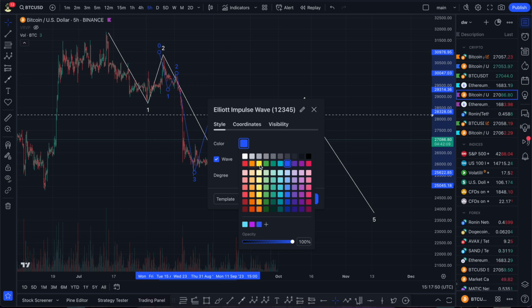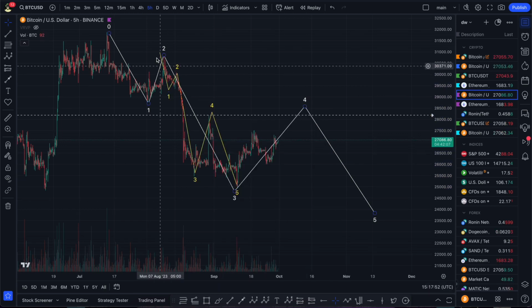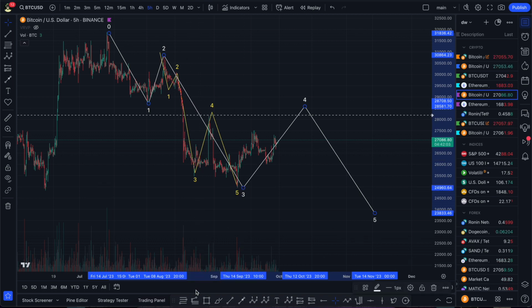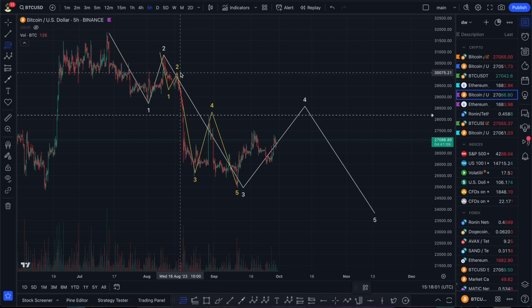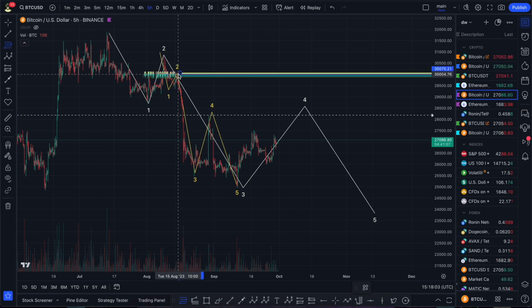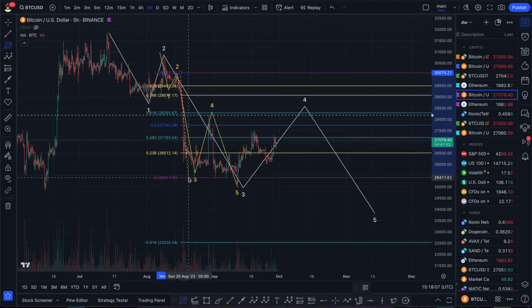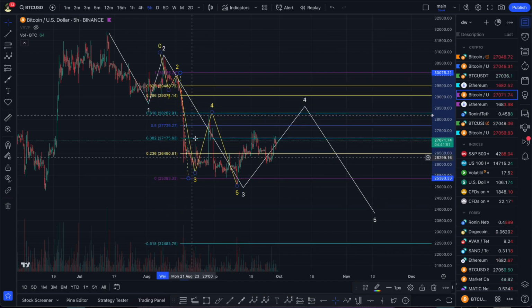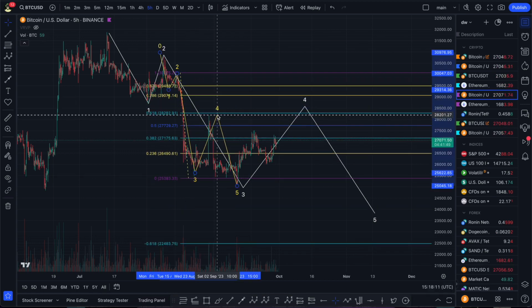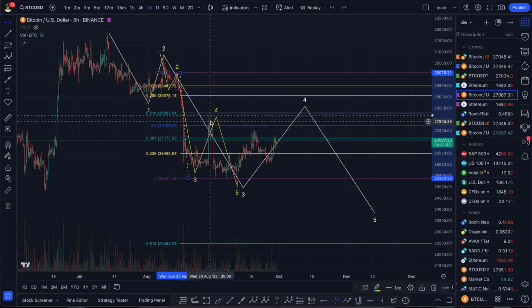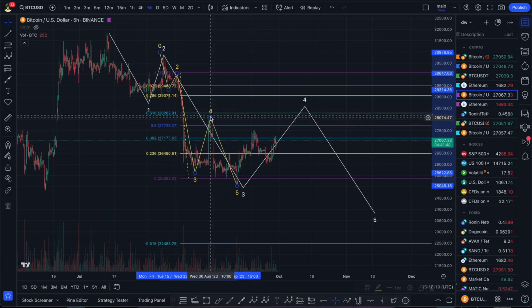Let's make it, for example, yellow. So wave 3 is officially complete. If we check the levels for wave 4, we take Fibonacci and put it on the beginning of the sub wave inside of wave 3. We check sub wave 3, like this, and the levels for the correctional wave, as you know, is 0.5.6. As you can see, we clearly touched 0.5.6,